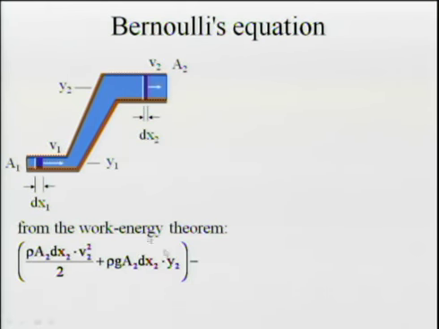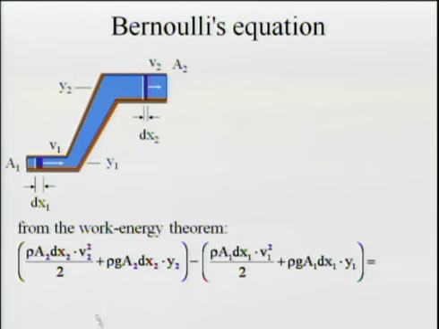Now those who lost, so they don't belong anymore to my system. I did it again. I recognize that this is the volume of that liquid. This is the mass of that liquid which is now missing. So this is kinetic energy which disappeared from my system. And this is potential energy which disappeared from my system. All right, so I wrote an expression for the change in mechanical energy of the system.